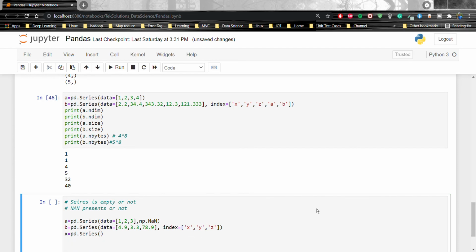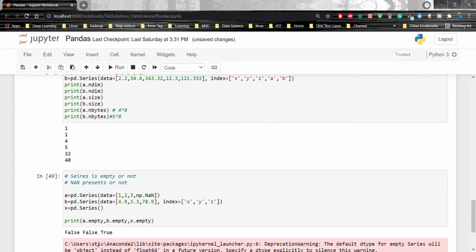Now I'm going to check print a.empty, b.empty and c.empty. So what will the output be? A is False because it is not an empty series, B is also False because it is not an empty series, but C will be True because we are not passing anything here. False, false and true.